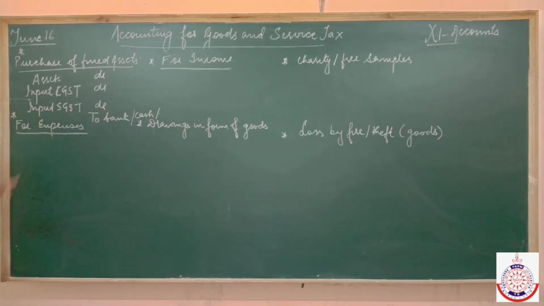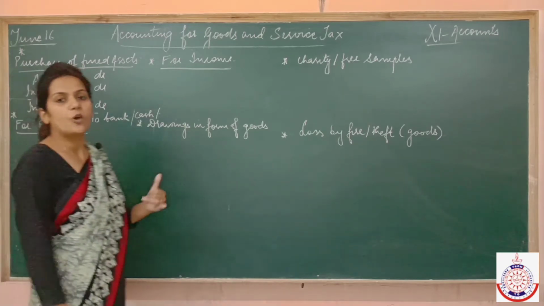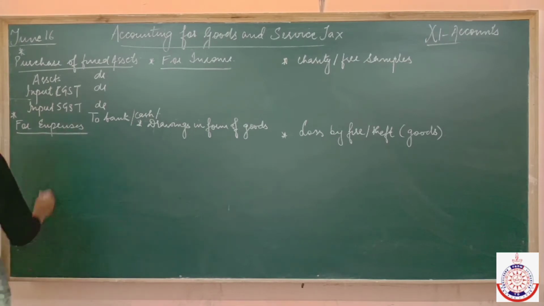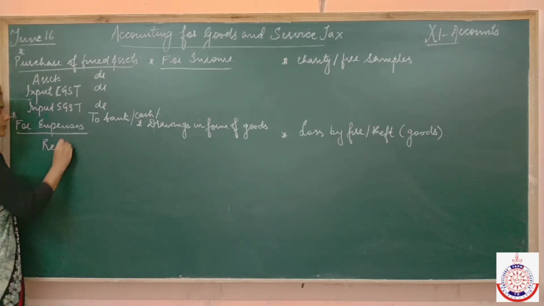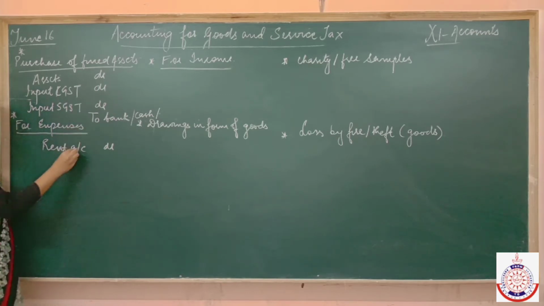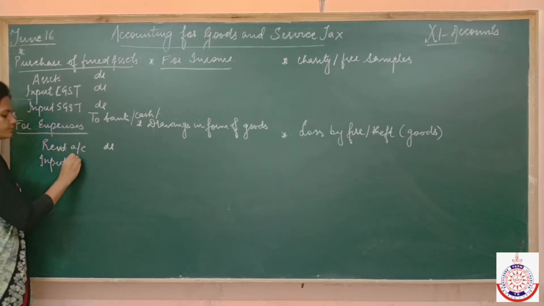Next is expenses. Suppose you are making payment of rent. Rent is an expense for you. So whenever you make payment of rent, what will be the entry? Rent will be debited. So whenever we make payment of expenses, again we have to pay GST. So write here input CGST,